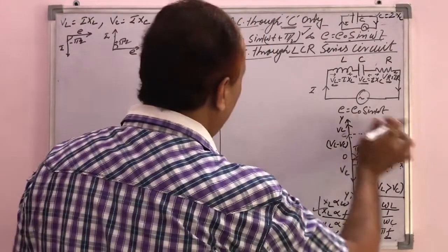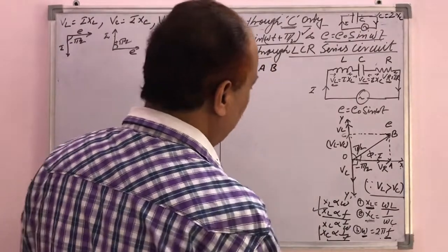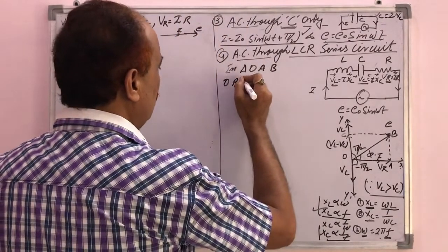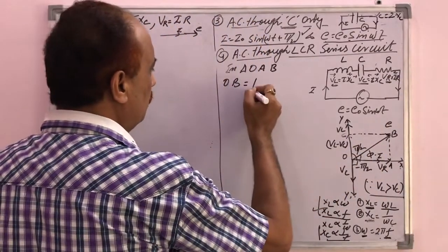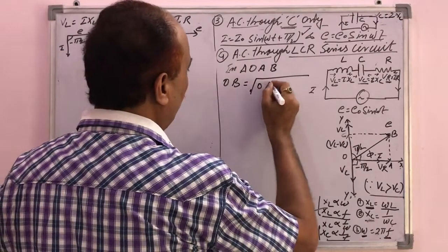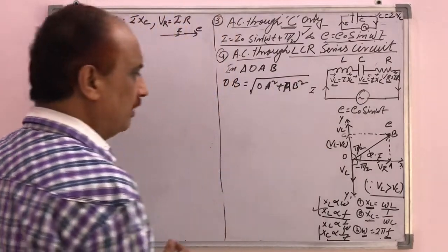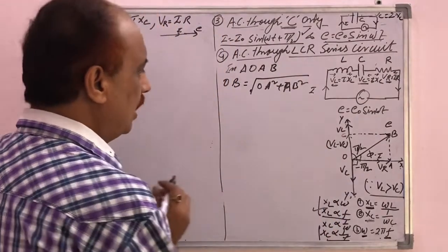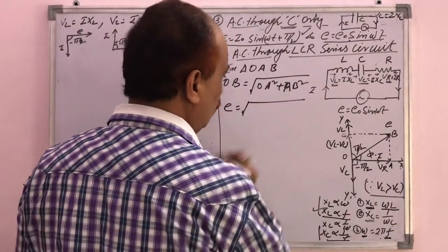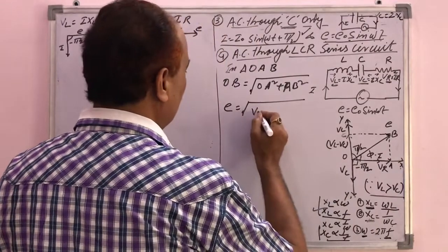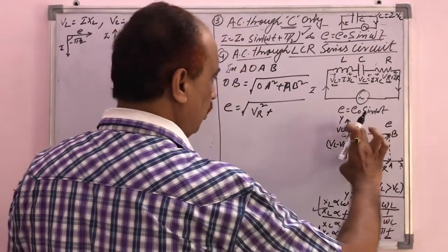Now in triangle OAB, by using the Pythagoras theorem, OB square will be equal to OA square plus AB square. So we have to write OB will be equal to square root of OA square plus AB square. Now put the values of OB, OA and AB from the diagram. That is OB, represented by E here, so E equal to square root of OA square, and OA means the potential produced across the resistor, VR square, plus AB, which is equal to OC, that is